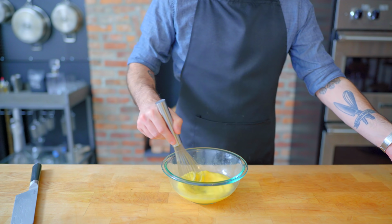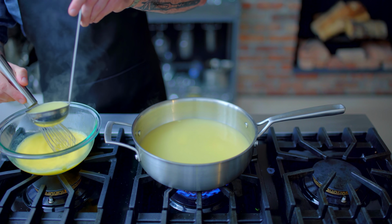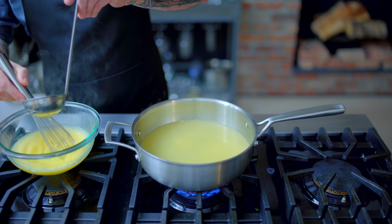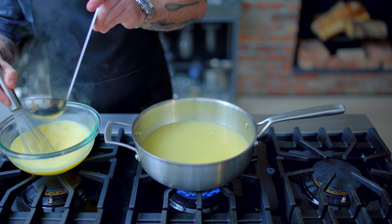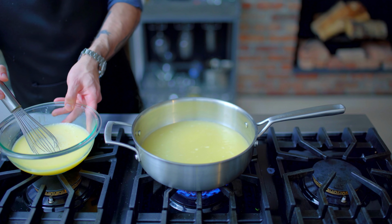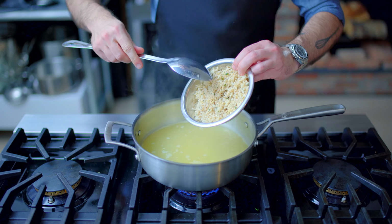Then once the chicken broth comes up to a simmer, we're going to treat this very much the same way we would a custard, slowly ladling in about a cup's worth of the hot broth while whisking constantly to temper the eggs. This is eventually what's going to make our soup thick and rich, but first we have to heat up our leftovers. Set the egg mixture aside, while to the remaining broth we add 1 cup's worth of leftover